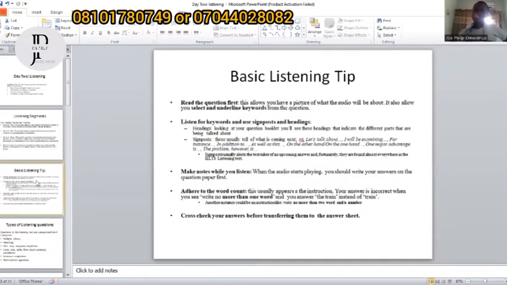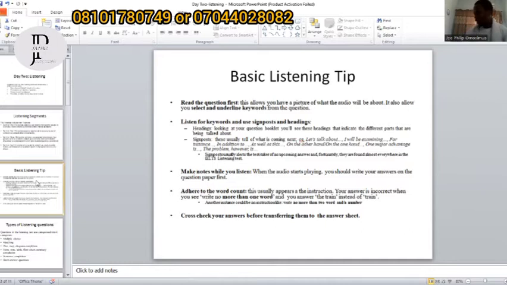Now, the keyword strategy is what you need. The keyword strategy helps you select those words that you think they are definitely going to mention. That is, those words that they must mention. You pay attention to those words that, when the audio is playing, you must definitely hear them. Now, that is the keyword strategy.